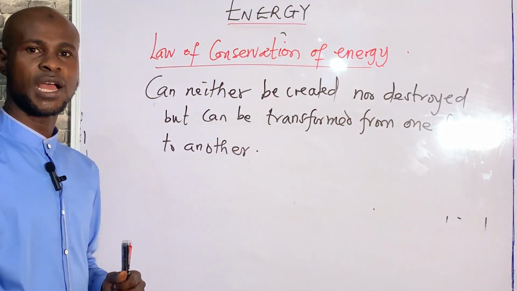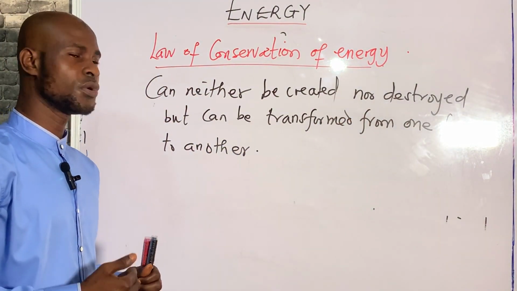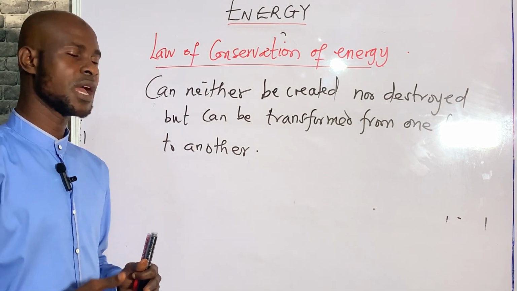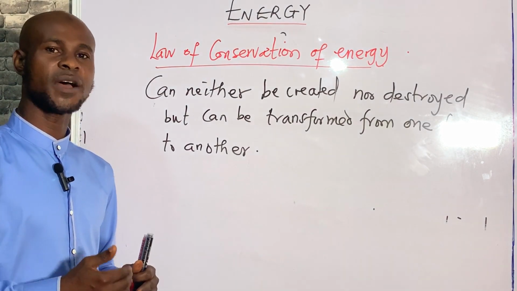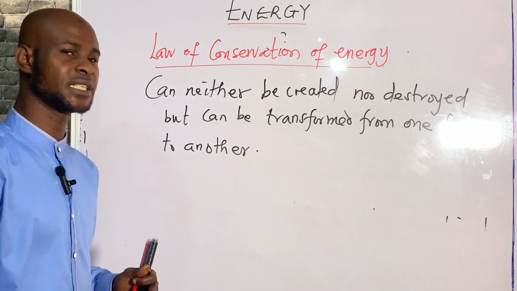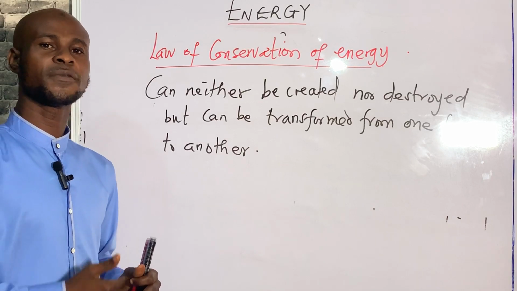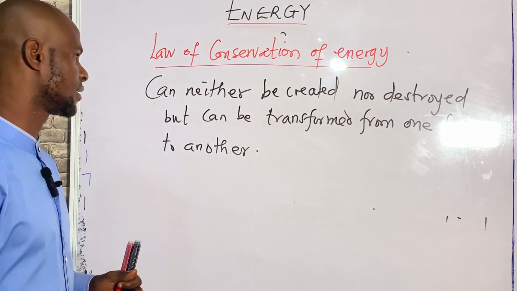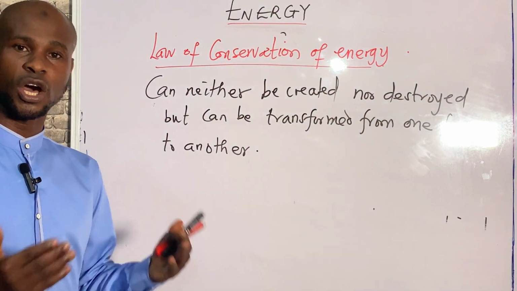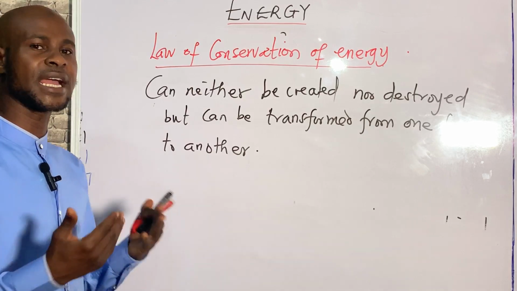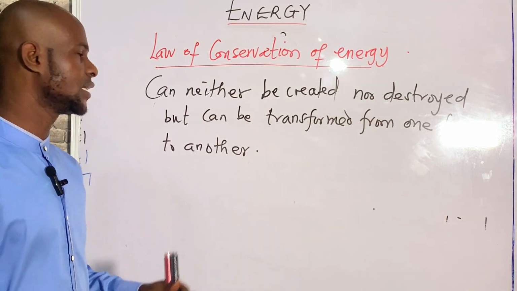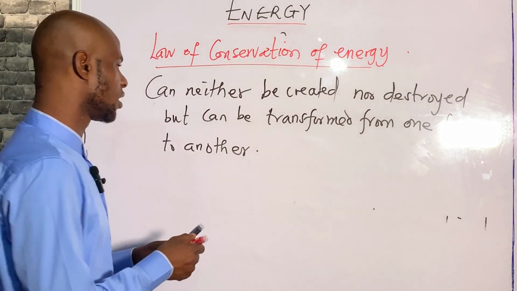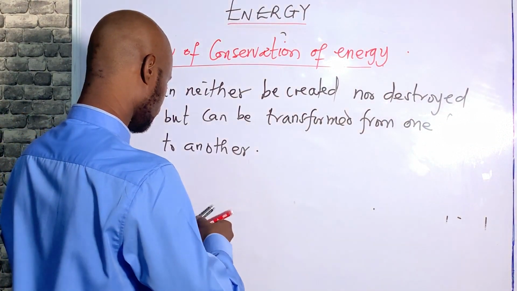For example, I want to switch on my generator. I put fuel in the generator. After 5 hours, the fuel disappeared. Did I destroy the fuel? No. The fuel is being converted to electrical energy. So I did not destroy it. So the law is very simple. It's what we all know. Energy can neither be created nor destroyed, but can be transformed from one form to another. And the law is also called the law of